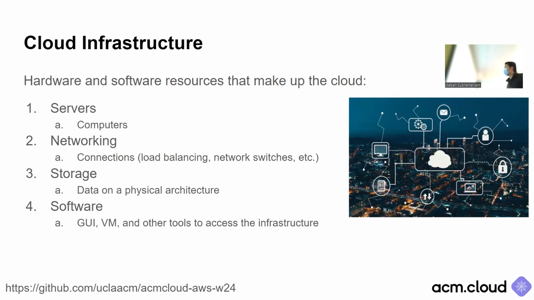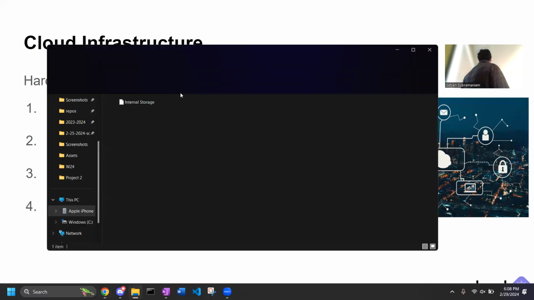All right. Yeah, so just to first get the context going, cloud infrastructure is basically all the resources that can make up the cloud. So anything that's hardware and software related. The four most important parts are basically all the servers, the actual physical computers that make up the server, and the networking, all the equipment and all the software that's